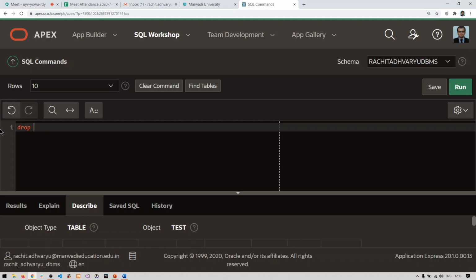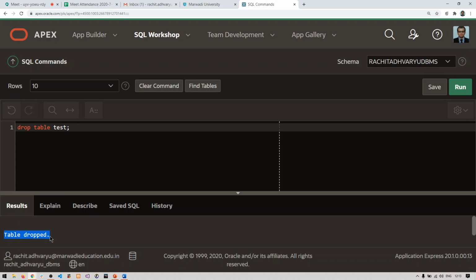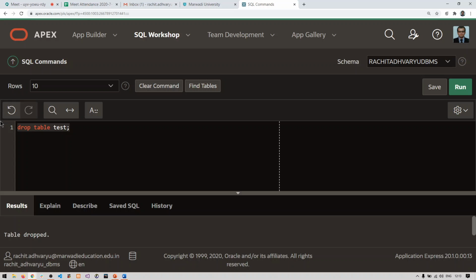Drop table, table name is test. I am executing this, run, and I have got a message called table dropped. That means this table has been removed successfully from the database. Let's check whether it is there or not.